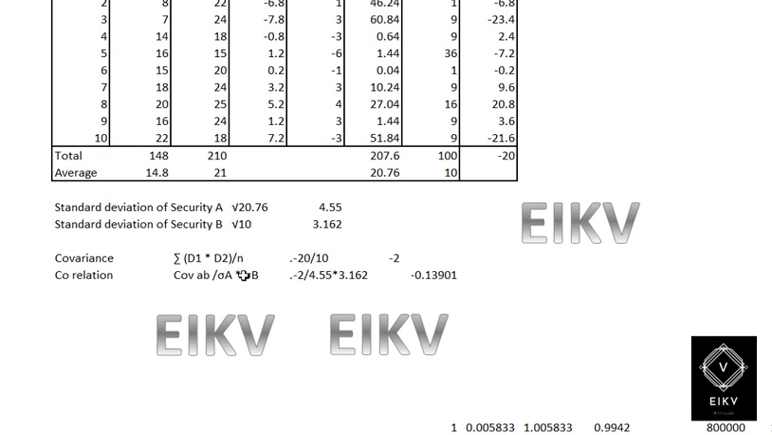covariance of AB divided by standard deviation of A into standard deviation of B, which is negative 2 divided by 4.55 into 3.15,